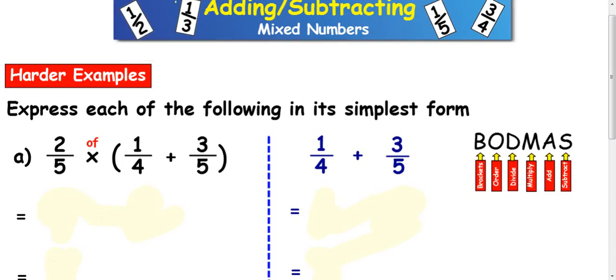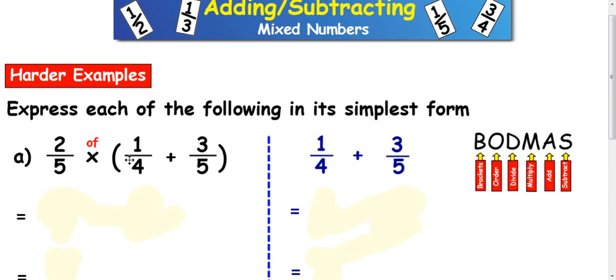In this lesson in fractions we're going to look at some harder BODMAS examples where you've got brackets and multiplications, and you can even have divides in as well. But if you follow the ideas behind this lesson, you can deal with most of the questions like this. So the question here is 2/5 times (1/4 plus 3/5) in brackets. Now it looks quite confusing, quite complicated, but if you just take it one step at a time,